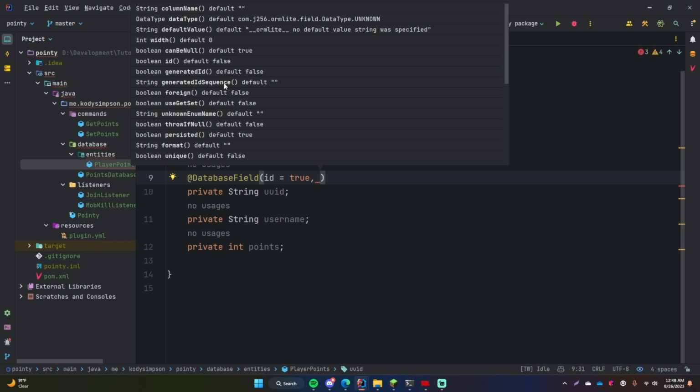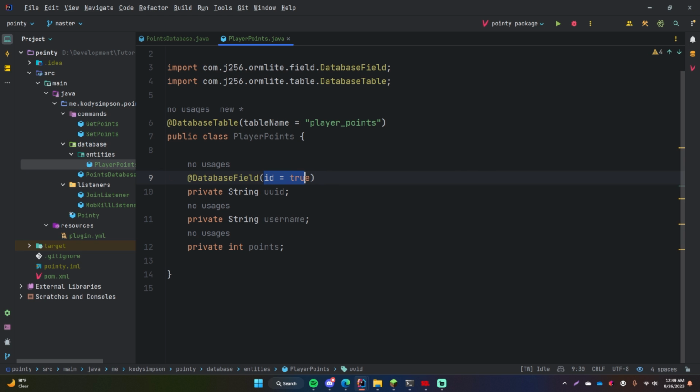For example, you can specify it as a foreign key if you want to. A foreign key is just a way of linking one table to another. You can specify whether something can be null or not, because that's very important for us. So, some columns should not be null, but this one should be enough. It's just going to mark this specific field here or column as a primary key or the ID for the table, okay?